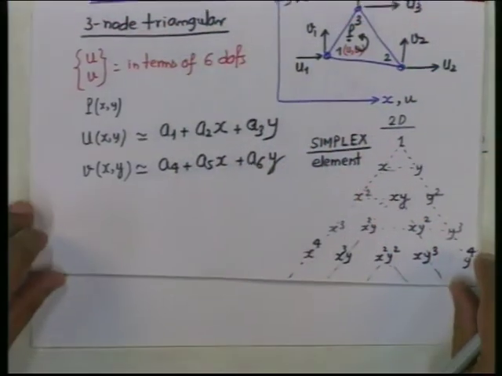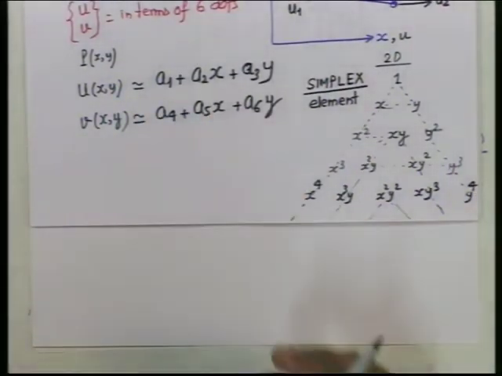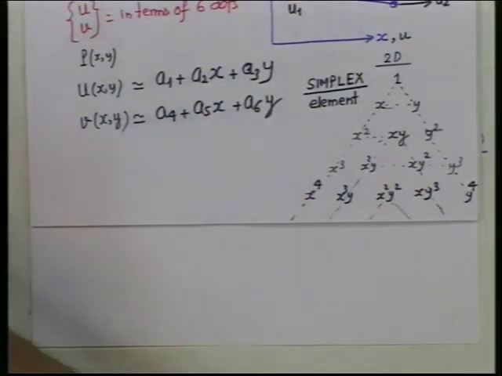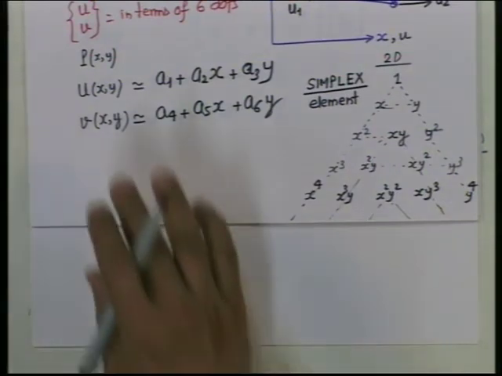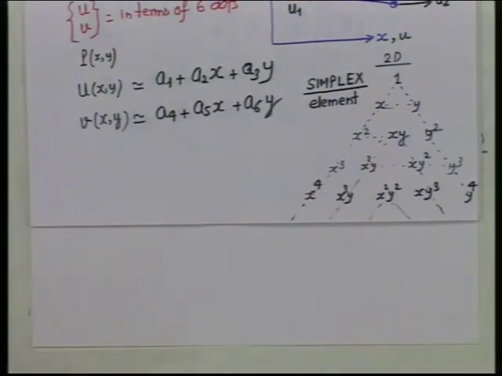Now, our approach has always been to express the displacement fields by the Ritz method, that is Ni ui. We did it also for a linear rod element. We started with a plus bx, found the values of a and b in terms of u1, u2 and x, substituted back, and wrote 1 minus x by L into u1 plus x by L u2. Similar thing can be done here also.